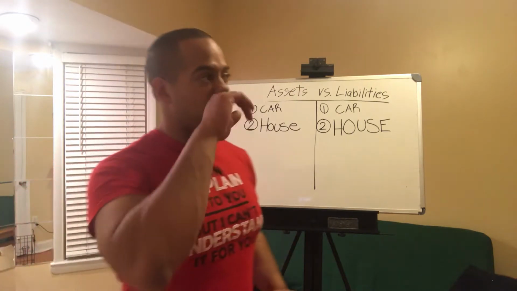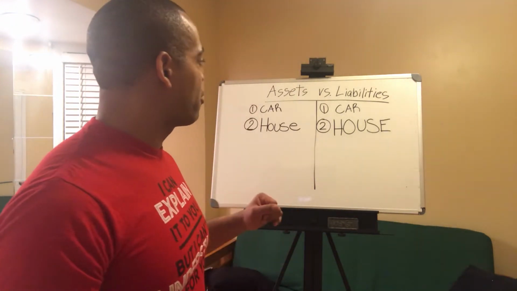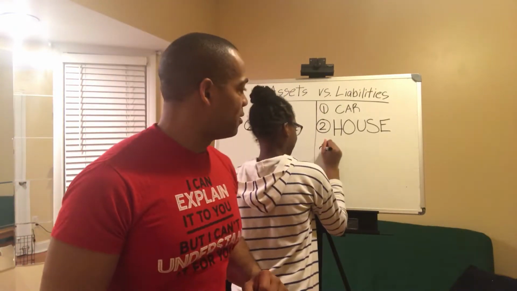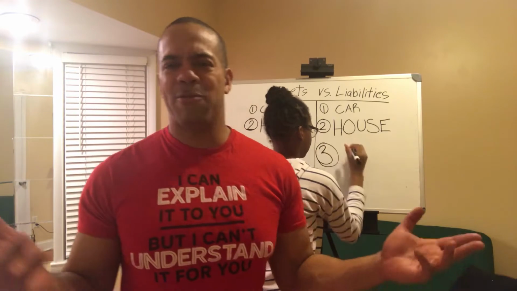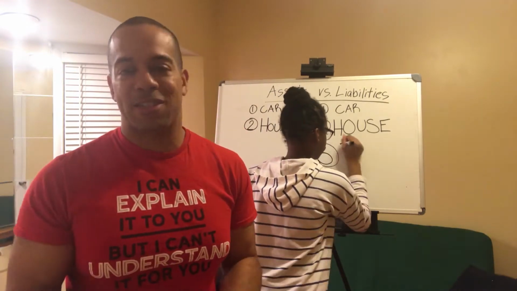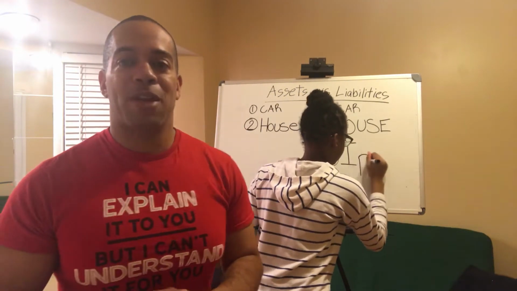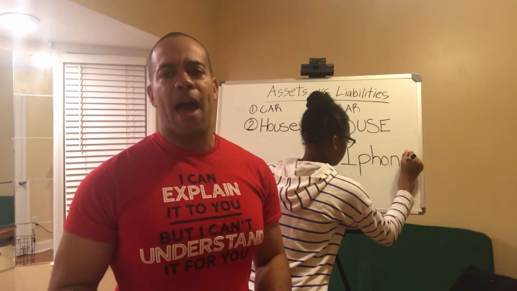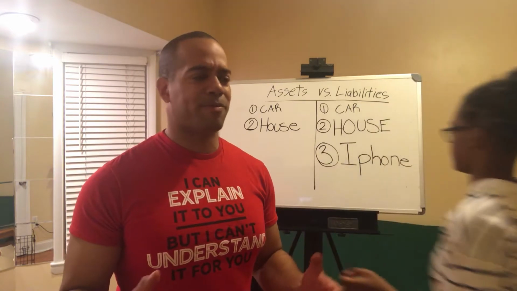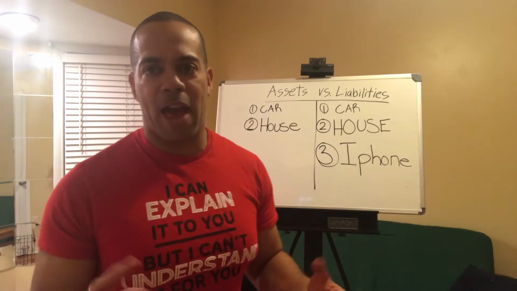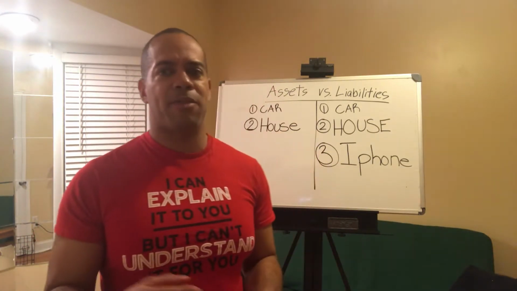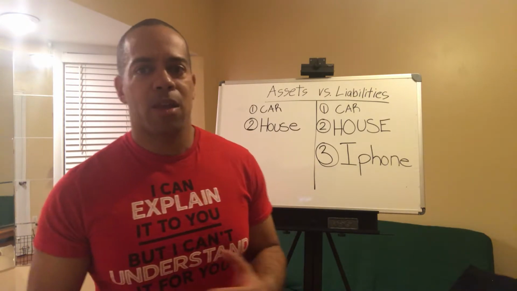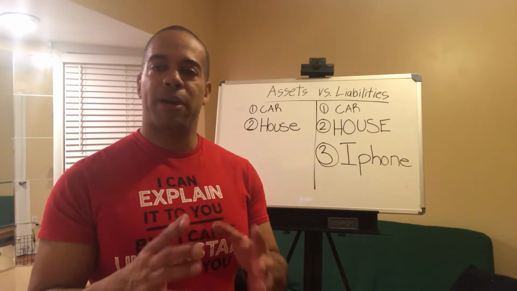Okay, let's see, one other thing. Number 3, we're going to write on the liability side, iPhone. Are you saying, where did you get an iPhone from? I don't know, these are just examples. Sometimes we say, oh yeah, these phones cost so much money, and poor people or working class people shouldn't have them. They should spend their money on healthcare and all this other stuff. Well, part of that may be true, but check this out.